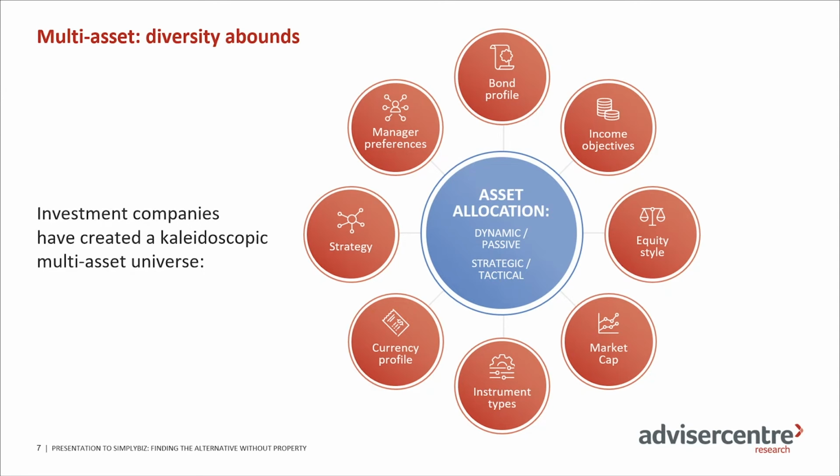So the bond profile, assuming there are bonds in the managed vehicle, what kind of bonds do they hold? How do they analyze them? What's the resource behind to analyze them? Do they like government bonds over investment grade bonds over high yield, or is it in fact the reverse? Do they like the high yield characteristics and perhaps don't use government bonds so readily? So again, just trying to garner the understanding of the universe of stocks and securities they'll pick, in this case,